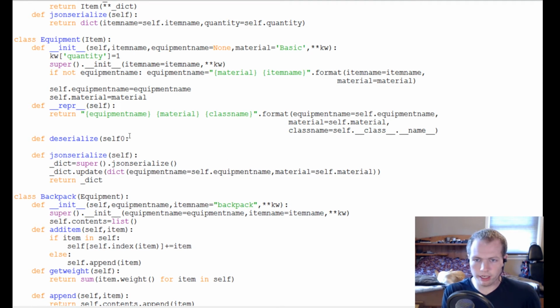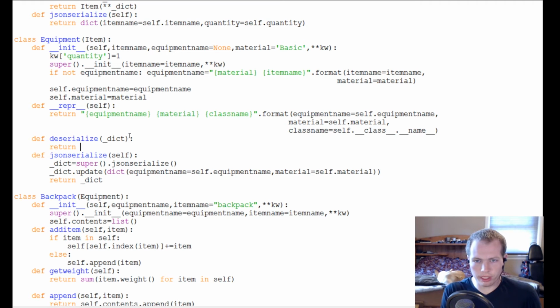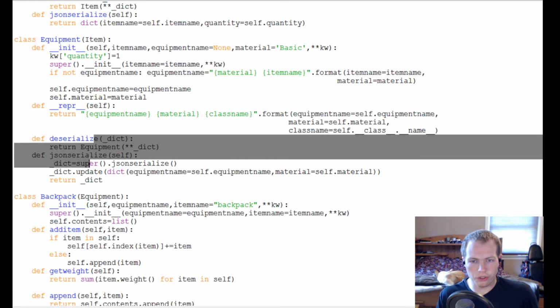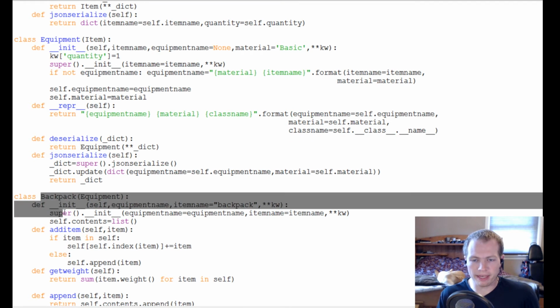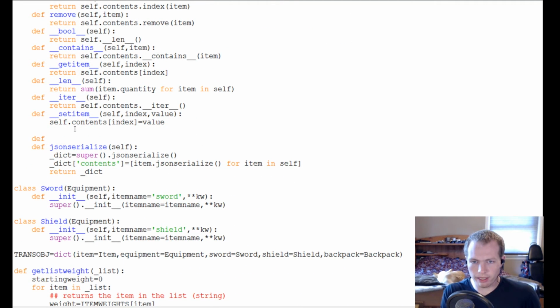Define deserialize dict, and we will return. Now I'm not going to super this because this is creating a different item type, a different object type. Equipment dict. So this will work right now with sword and shield as well, but per usual, because backpack is this oddball, we're going to have to overwrite that method with its own method. Define deserialize dict,